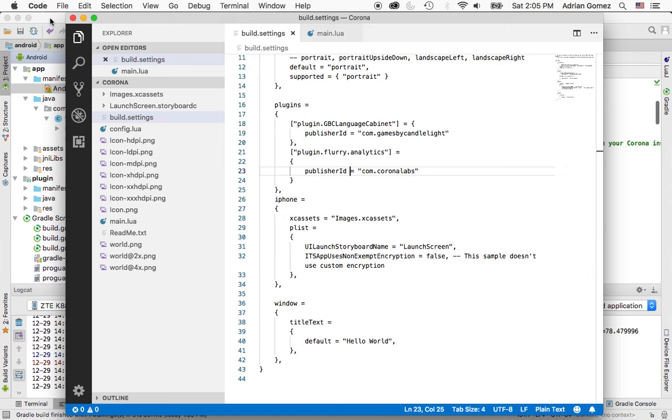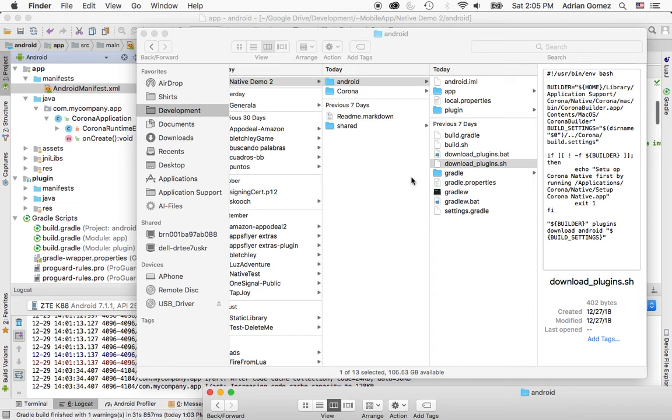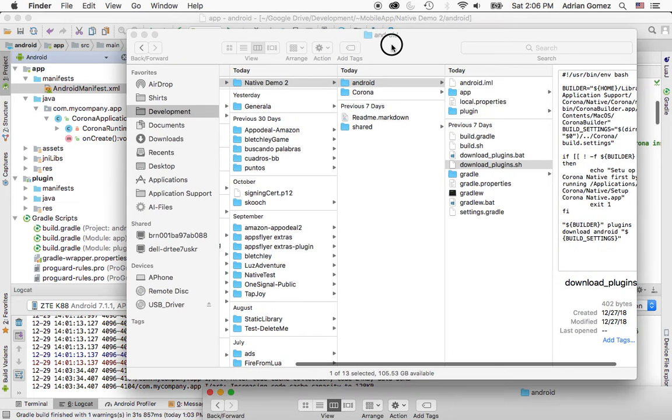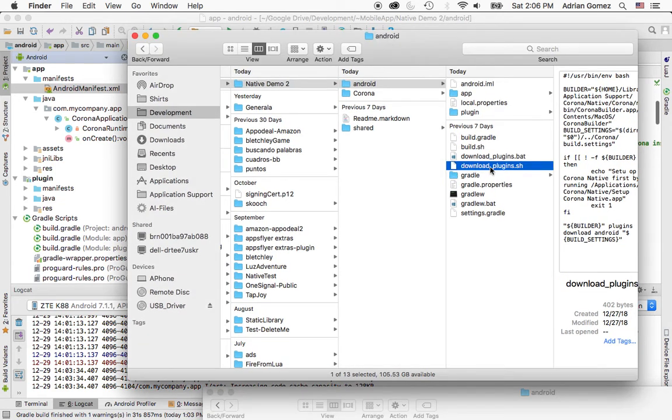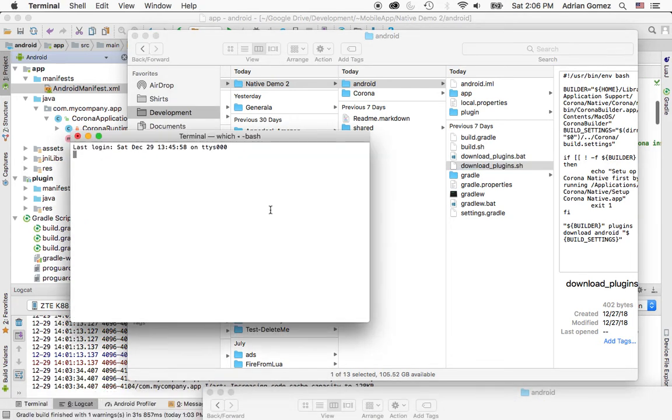So the first step you need to do is download these plugins, and Corona has provided a script, and that script is located inside the app Android folder. And if you don't know what I'm talking about, again, this is in the first video, and it's called download plugin .sh if you're on a Mac, and .bat if you're on Windows. And the way I do it on Mac, I don't know what the experience would be on Windows, is that I open up the bash shell, and then I grab the download plugin,